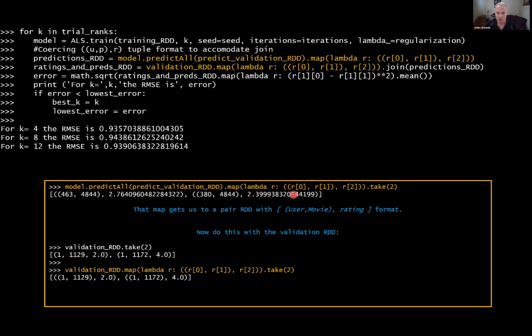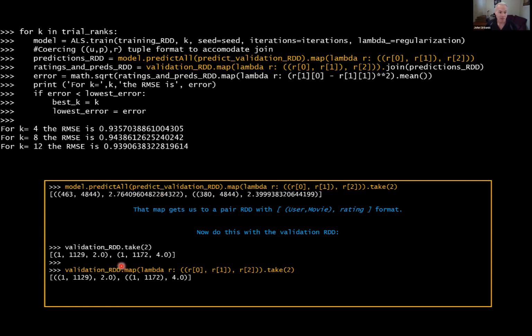So I mapped the values. I just pushed them around a little bit to make a tuple. The first element is this combination of movie and user. And the second element is the movie rating, right? So I'm just massaging the data a little bit, but it's putting me in the right direction. And again, there's nothing really interesting from a machine learning perspective, but I hope you can follow along and understand how to use Spark to make these kind of manipulations simple and straightforward. So I massaged the data a little bit in the right direction.